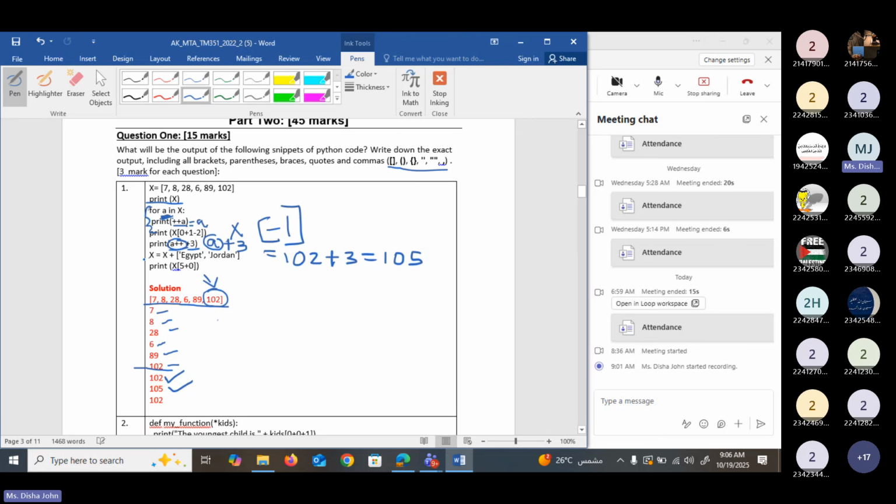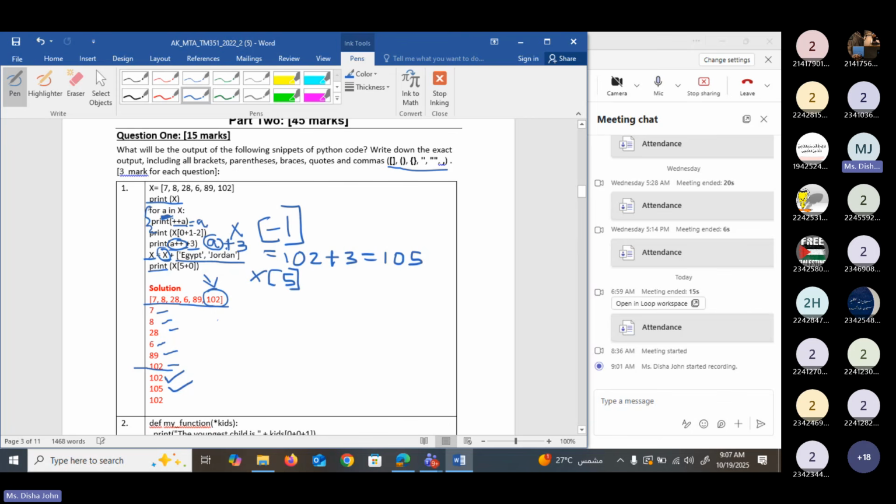Okay, now x equals x plus, then there is another list. That list contains Egypt and Jordan. So this list will be joined with X. If you use plus operator, here you can see there are two lists. So these two lists will be joined together. And they wrote a print statement X of 5 plus 0. That means X of 5. So what is the list now?